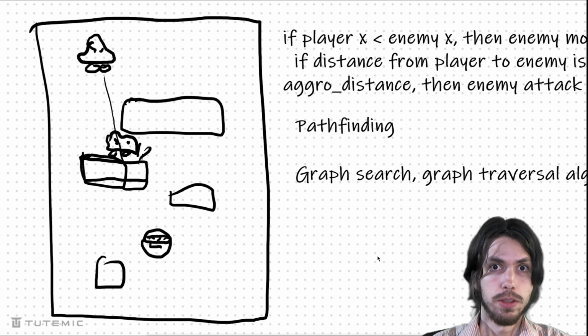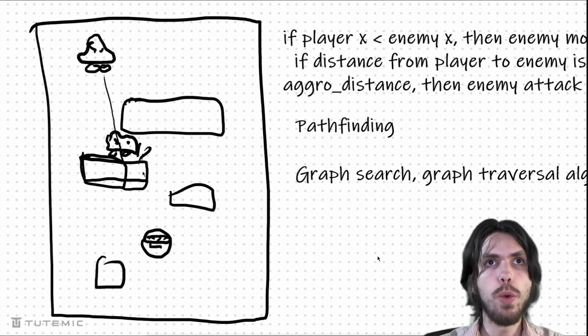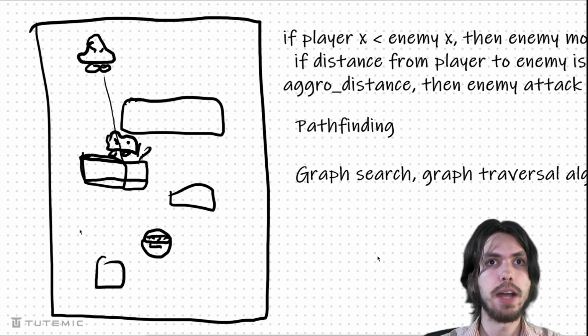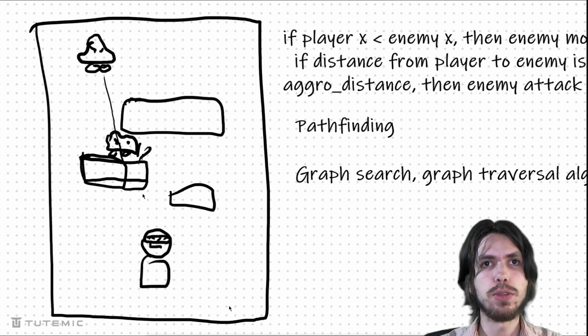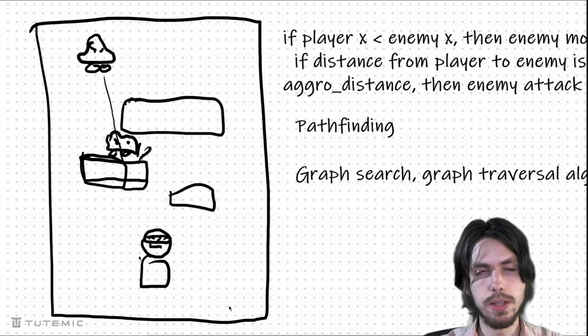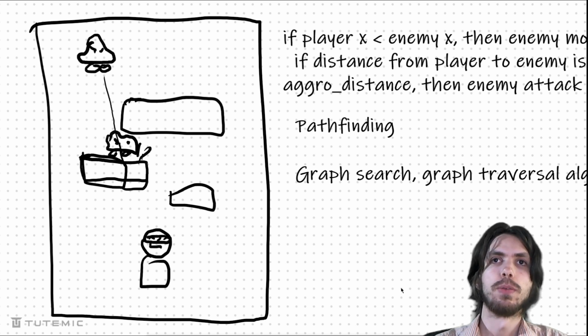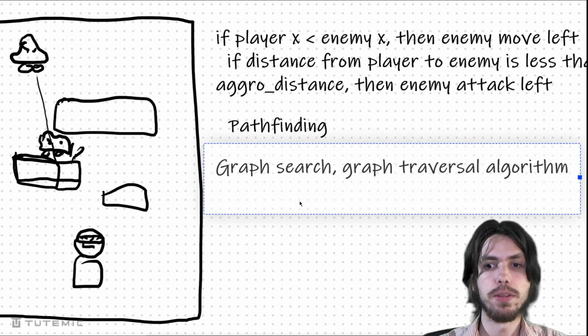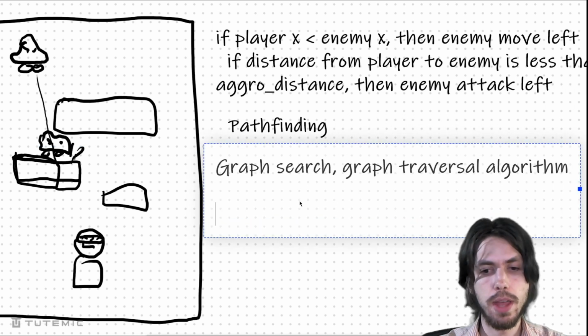Okay, so with that, how does it know which sequence of points is the best sequence of points to get to the player? There might not be a sequence of points that's even valid, right? Because there's no path that'll work, they're just entirely obstacles. You can't get to the player, right? And that is sometimes the result of one of these graph searches. Okay, but there are different algorithms to be able to calculate what that path is.